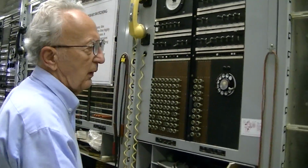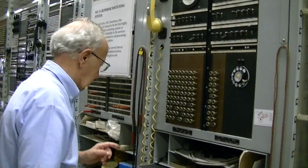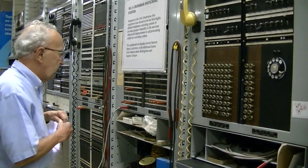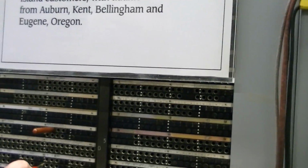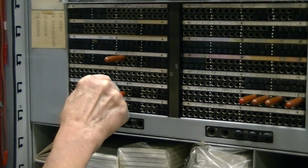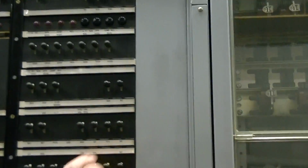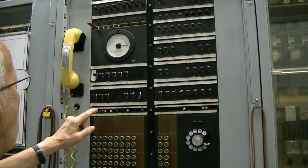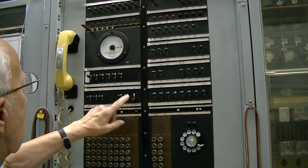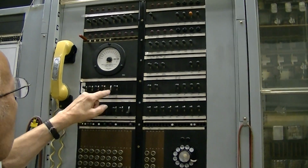This is a manual incoming outgoing trunk test ring. I can set up this. This is the outgoing trunk to over there. These are outgoing trunks over there, 832 trunk over to 1. So if I plug into trunk 1, we'll start with no keys operated, and I operate the voltmeter key. Then the voltmeter 1 key, the voltmeter is looking at the trunk over to him, and I can see the battery on his